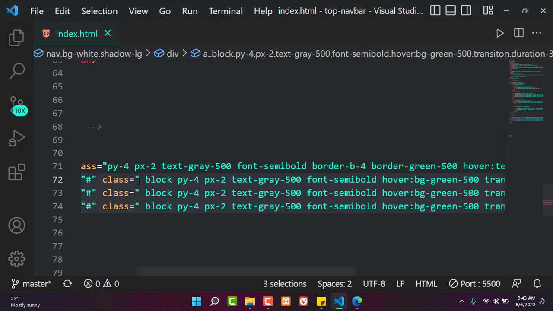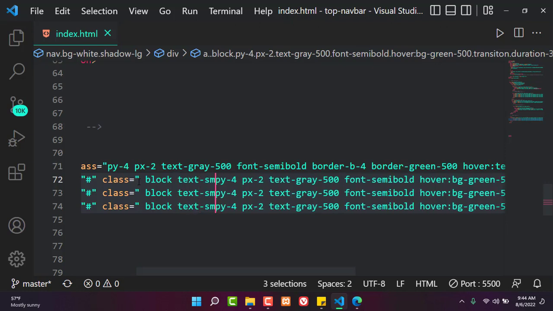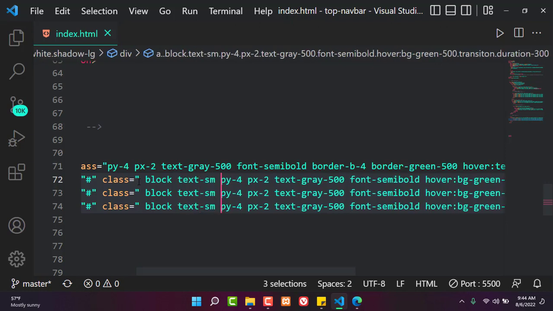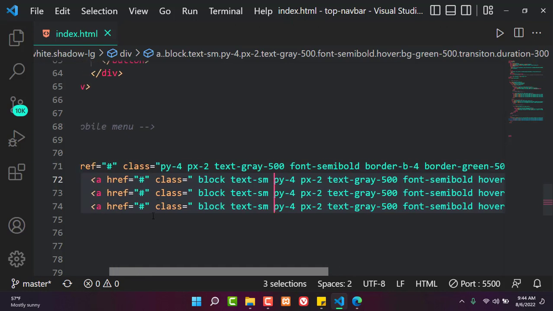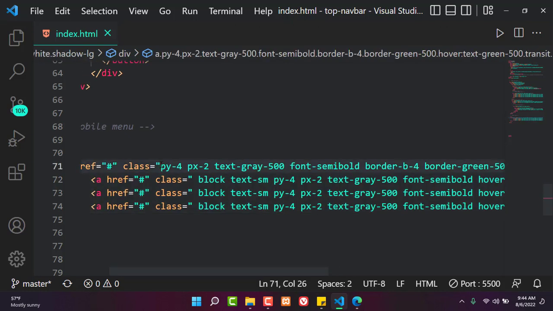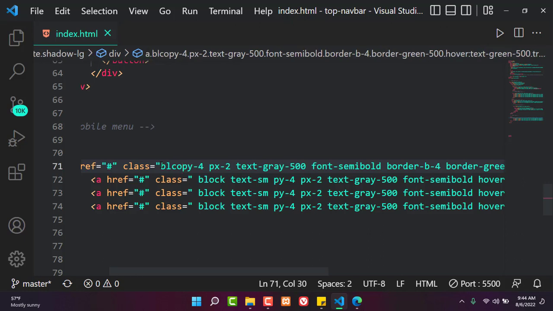And we should also have the text being small, so I can talk of text SM. Yeah, you can have it in whichever size. Yeah, and I think that's about it. And in the very first one here, I should also not forget to include the block. By the way, I forgot this. So you should have the block here,